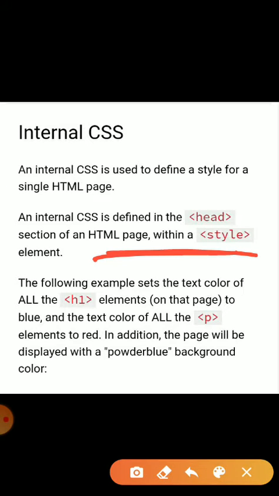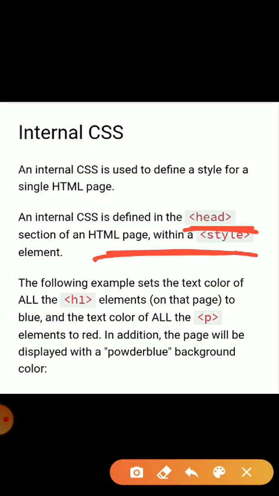If we define the styles inside the head tag, it is called internal CSS. All the following examples set the text color of all H1 elements to blue and the text color of all the P elements to red.